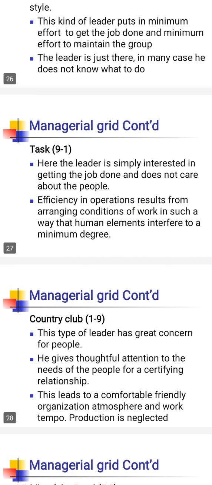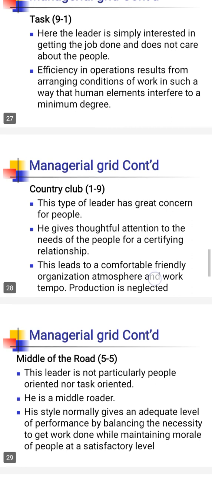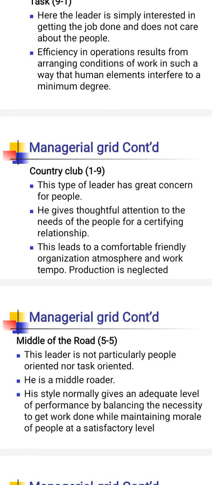Then when we look at the 9-1, that is the task style. Here the leader is simply interested in getting the job done and does not care about the people. He has high concern for the job, less concern for people. Then we have the country club. This type of leader has great concern for people. He gives thoughtful attention to the needs of people for